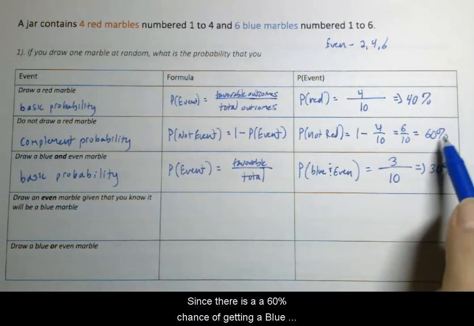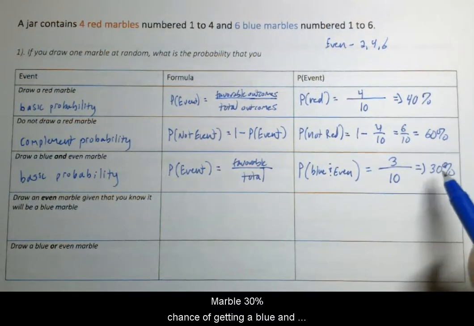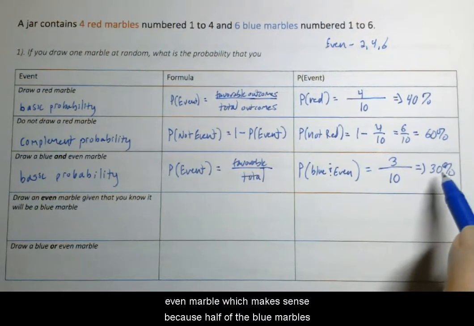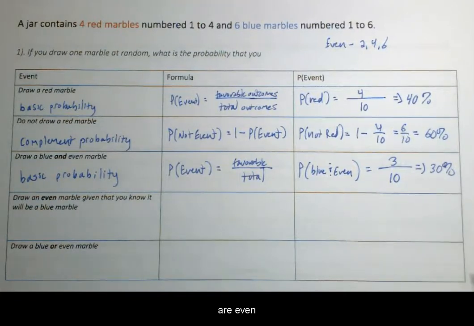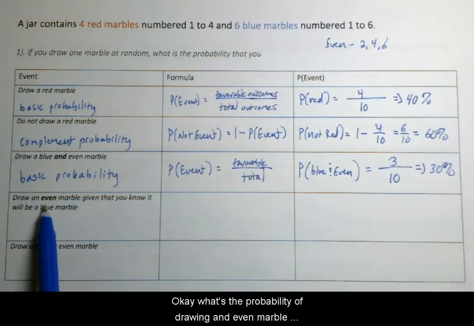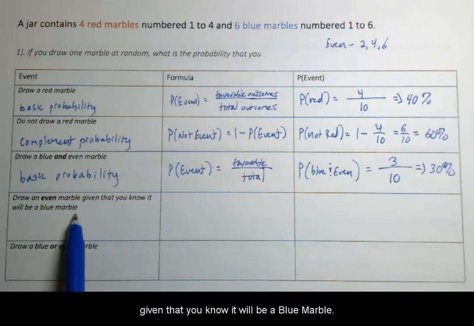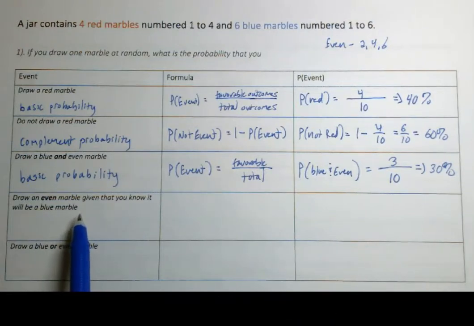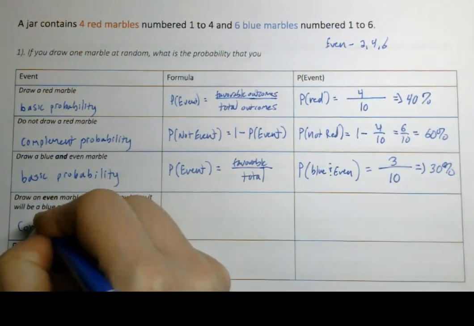Makes sense. So there's a 60% chance of getting a blue marble, 30% chance of getting a blue and even marble, which makes sense because half of the blue marbles are even. Okay, what's the probability of drawing an even marble given that you know it will be a blue marble? Okay, so now this is a conditional probability question